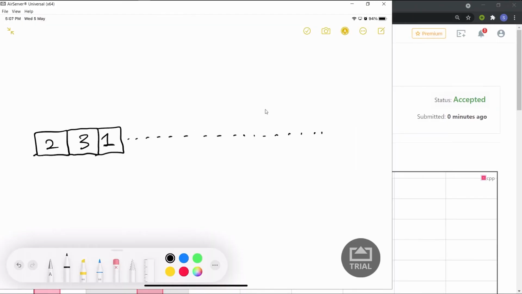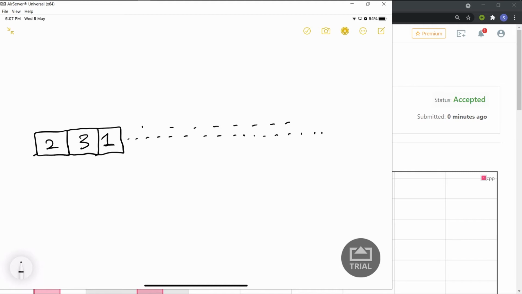For example, you have this array. The first value is 2, then 3, then 1, and assume it is a very big array. From this 2, we were taking a jump length of either 1 or 2, like we either went here or here. Then, for example, we reached this position 3. Then we were taking a jump length of 1, 2, and 3 during the recursive call, seeing how many jumps are required and taking the minimum of them. And if we are at this one, we go to the next index and do that.